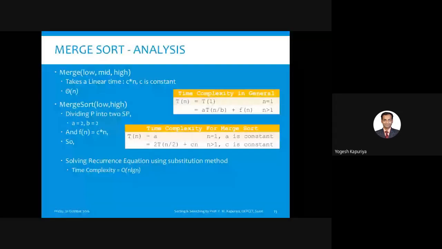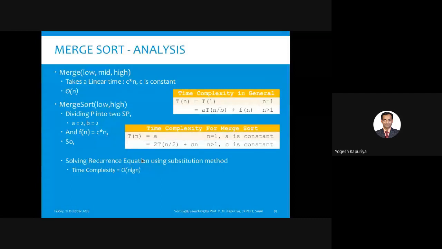But what you need to remember is that the time complexity of merge sort is big O of n log n. Now you don't know what is big O right now, but don't worry about it. You will understand that in the subsequent classes, but not in detail actually. As I told you, this subject is there in your next year, but you just need to remember the time complexity. It's big O of n log n.